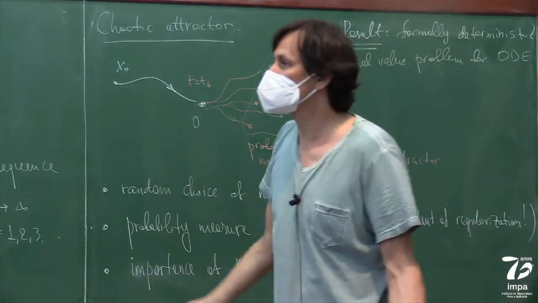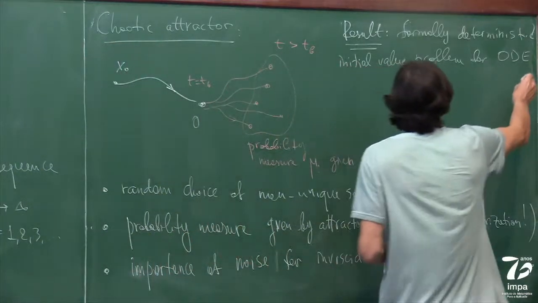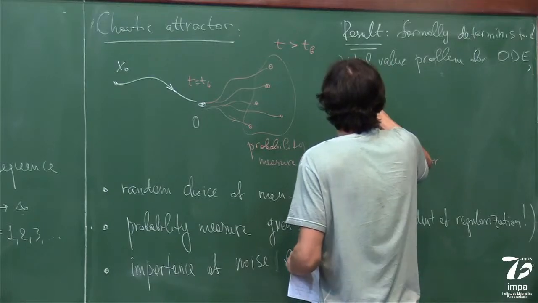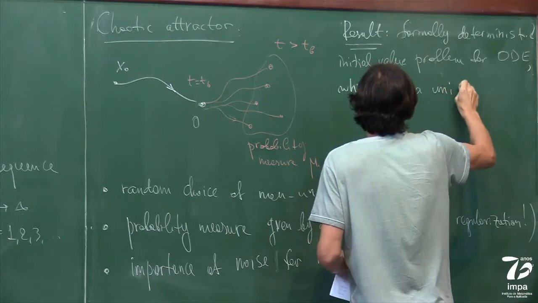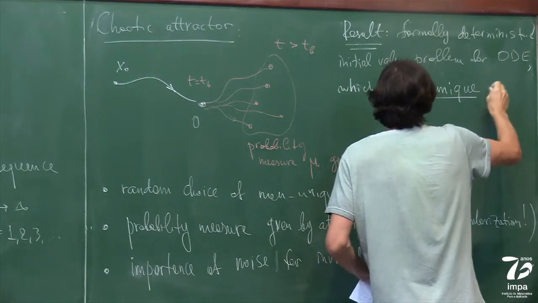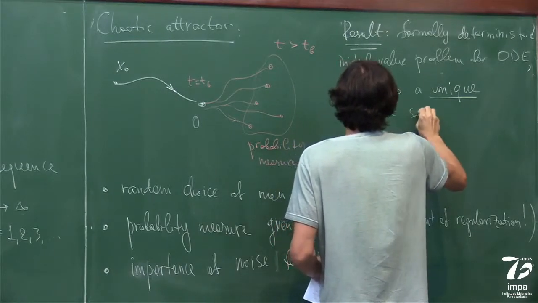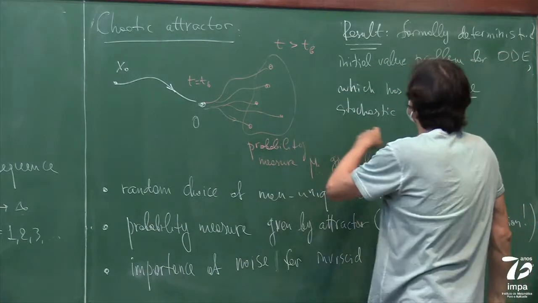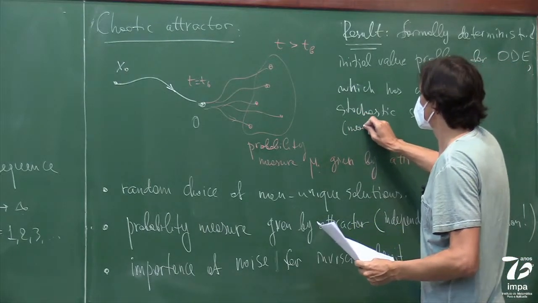So the differential equation is deterministic, the initial condition is deterministic, but it has a unique stochastic solution. So the choice is non-unique, but the stochastic solution in the sense of probability measure